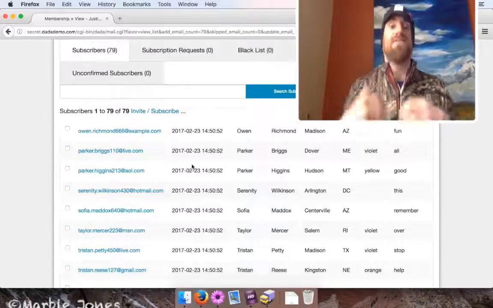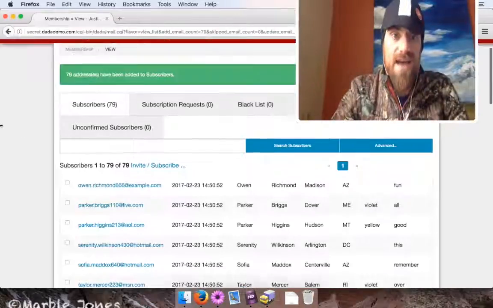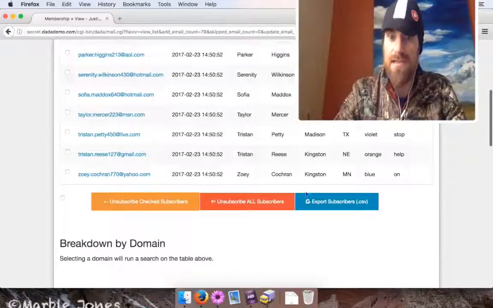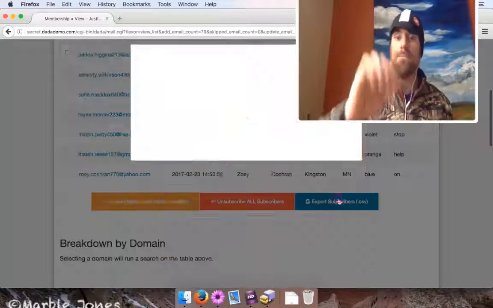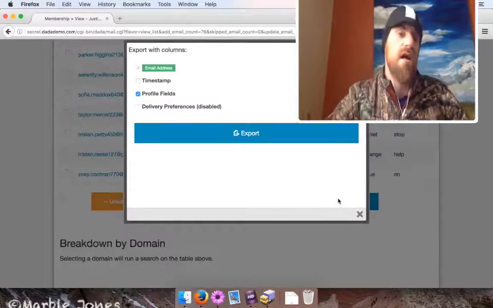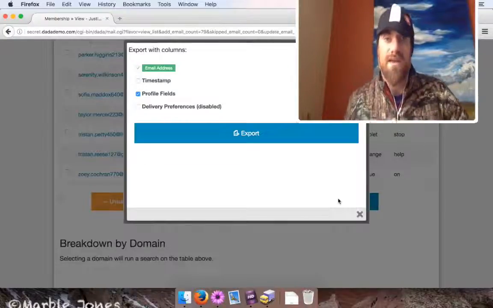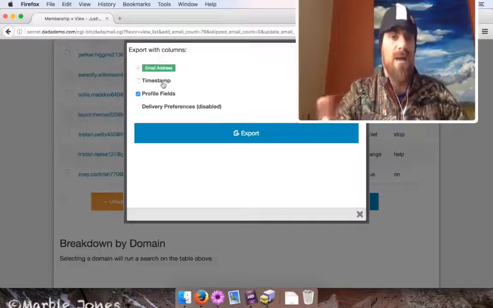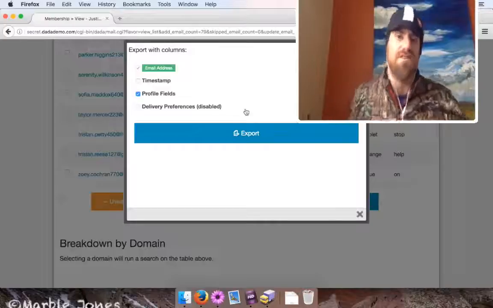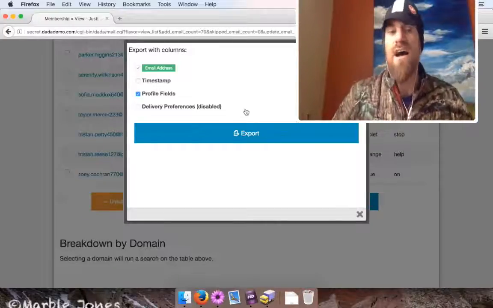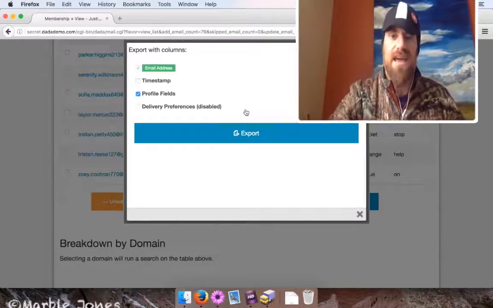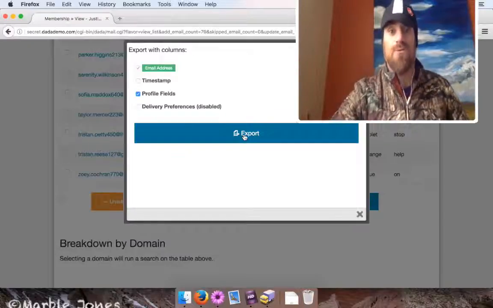So what if I want to export this list back out? That's even easier. On the membership view screen, scroll down until you see a button labeled Export Subscribers and click it. A modal window will come up with a few options. There's different columns that you're allowed to export out, one of them being timestamp. I don't really need that right now. I do want the profile fields, and I don't need delivering preferences. That's more something for a discussion list, like do I want a digest or do I want individual messages or something? So I've made my choices, and all I have to do is click that export button, which I will,